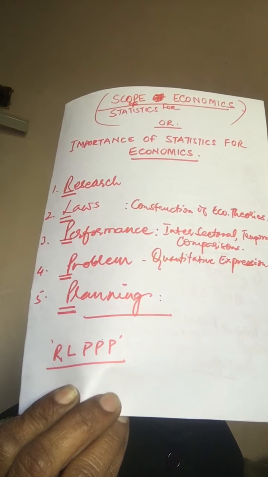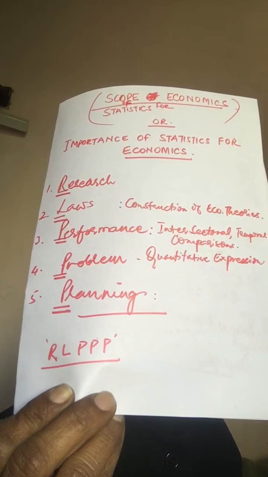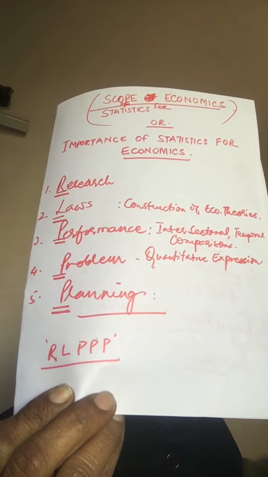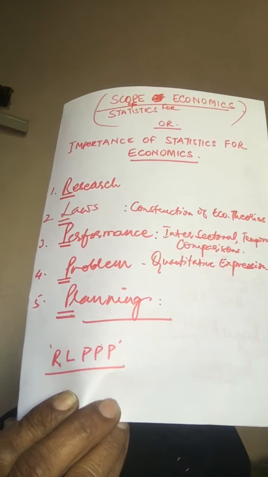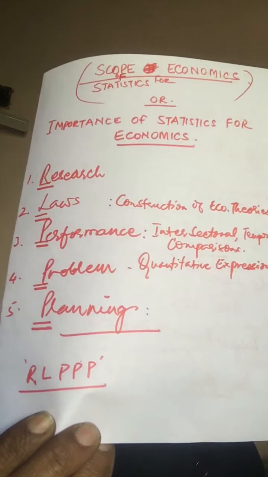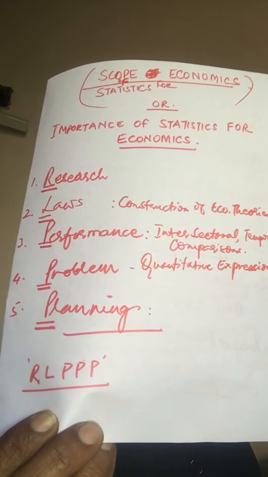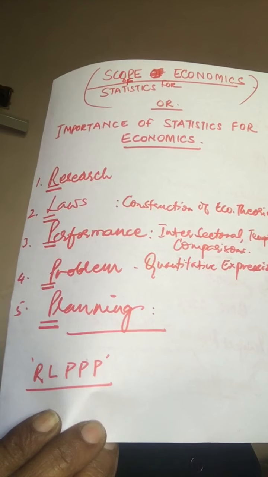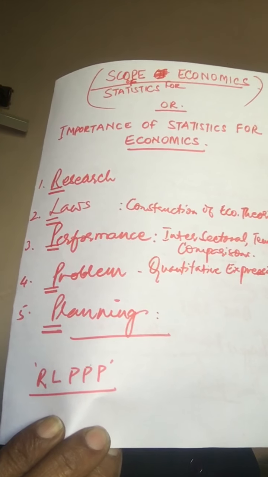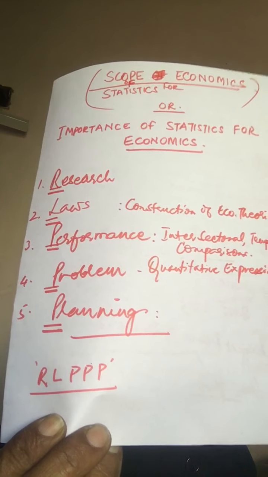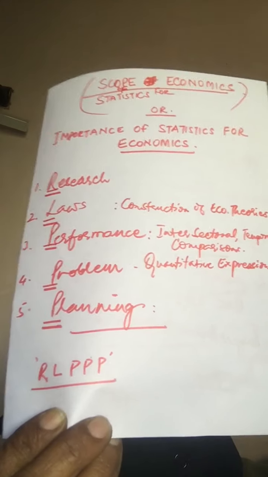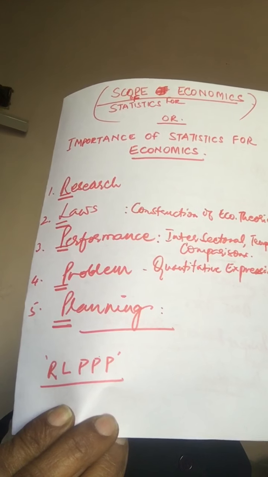Talking about the law of demand, we know the well-known inverse relationship between the price of a commodity and its demand. It is an established statistical relationship, so it becomes a part of economic theory. You can understand how this must have been found out, by a questionnaire or by going and asking people how they reacted to a higher price. So the second is what we said, laws. It helps in developing laws. Then we talked about